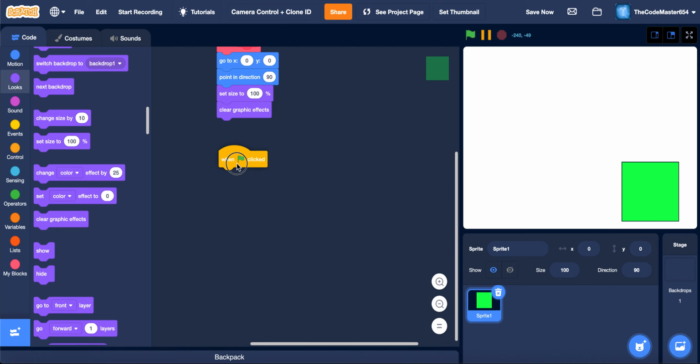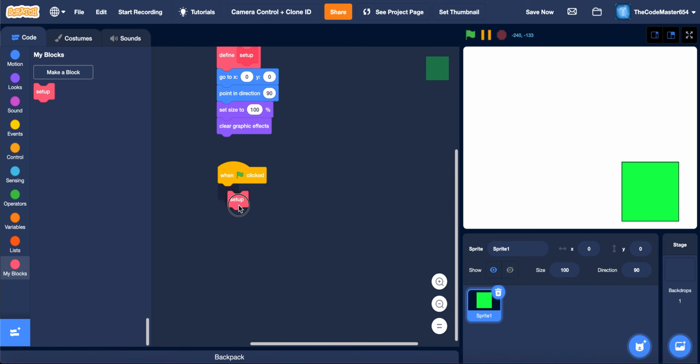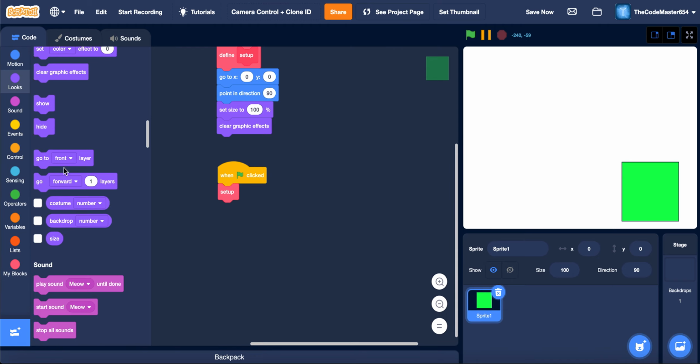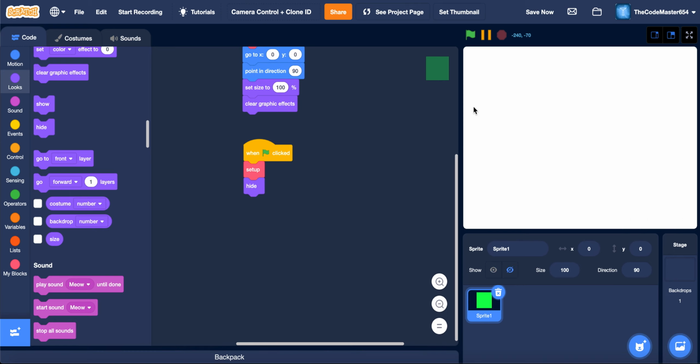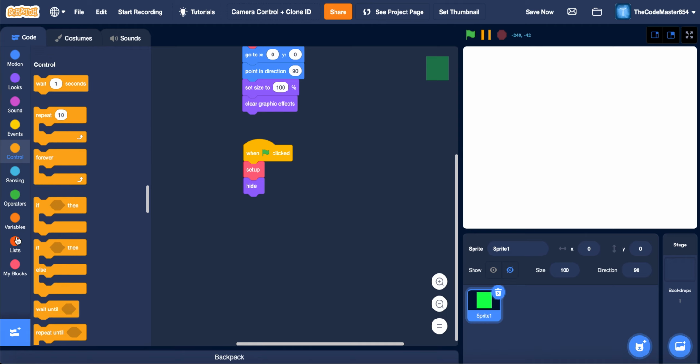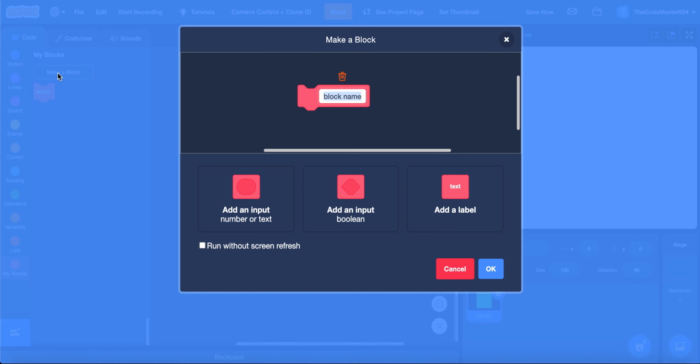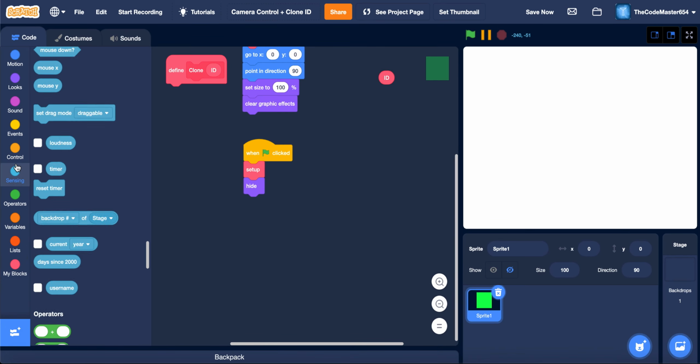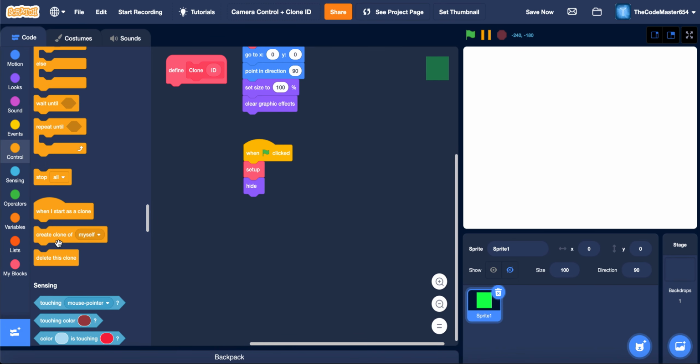So when green flag is clicked, we want to set up. So it runs this. And then we want to hide our sprite. So like that. And then we want another custom block called clone and then ID. So what a clone is, it's basically if you use this block, the create clone of myself,